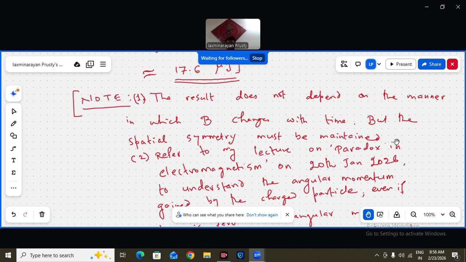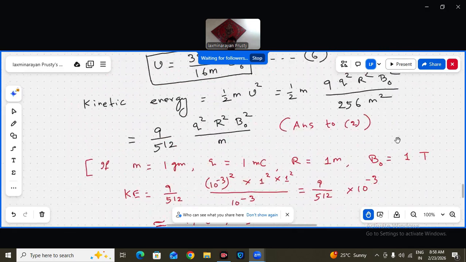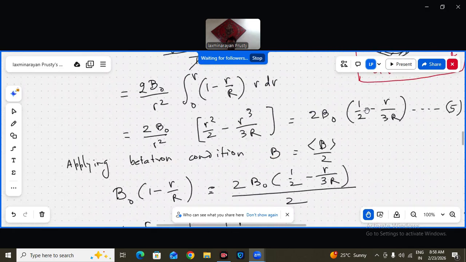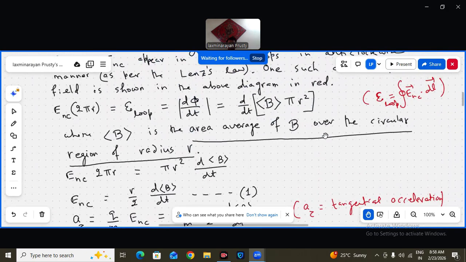Refer to my lecture on paradox in electromagnetism on 20th January 2026. Why do I want you to refer to this? Because initially the charged particle had zero angular momentum. Now it is getting angular momentum just by switching on the field, or increasing the B. So I am not giving any external torque over there. In this system, there is no external torque, but still the angular momentum